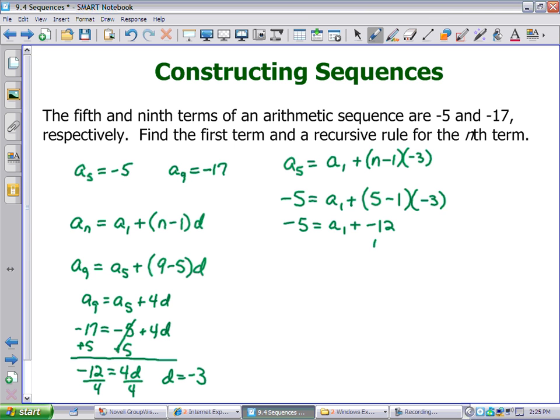If you add 12 to the other side, then you're going to see that our first term, our a sub 1, is 7. In order for you to write a recursive rule, you have to have that a sub 1. And a sub 1 we said was 7, so writing our recursive rule,